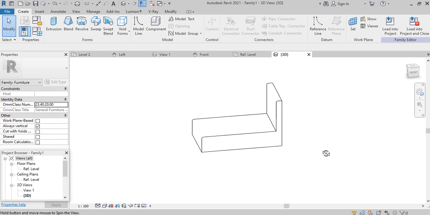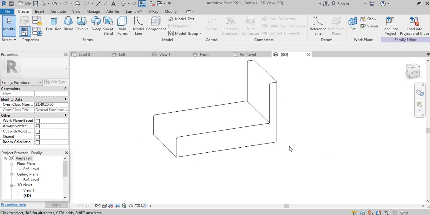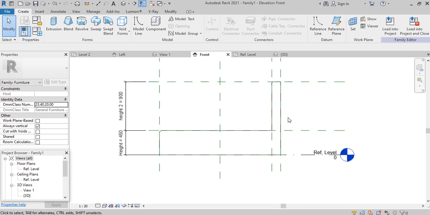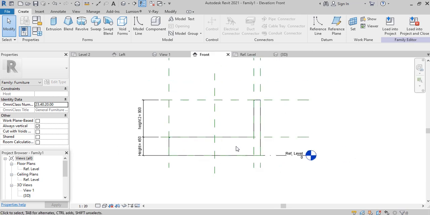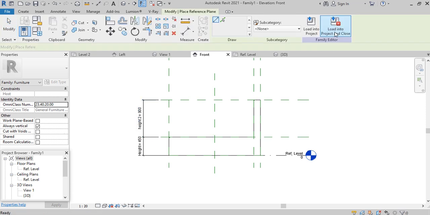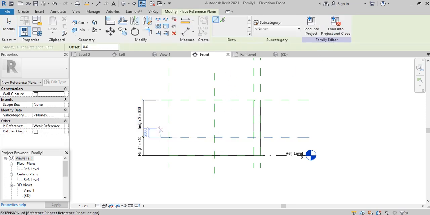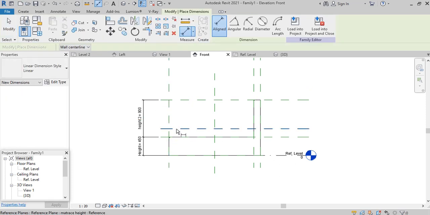So we need one more extrusion, which would be the mattress on top of this profile. So we go back to front elevation, but before we do that we need to also set up a reference plane for it. So I click on reference plane and then I come from this point to this point. Then I can name it to be mattress height. So mattress. Pardon me for the spelling, I can check it up later, but for now let's make do with it. I pick dimension,